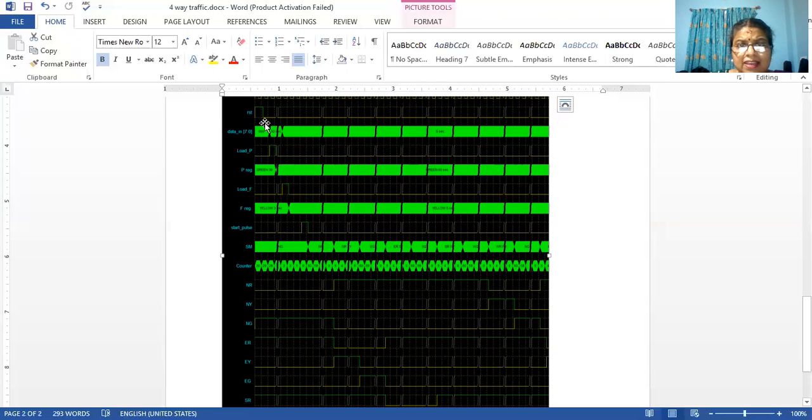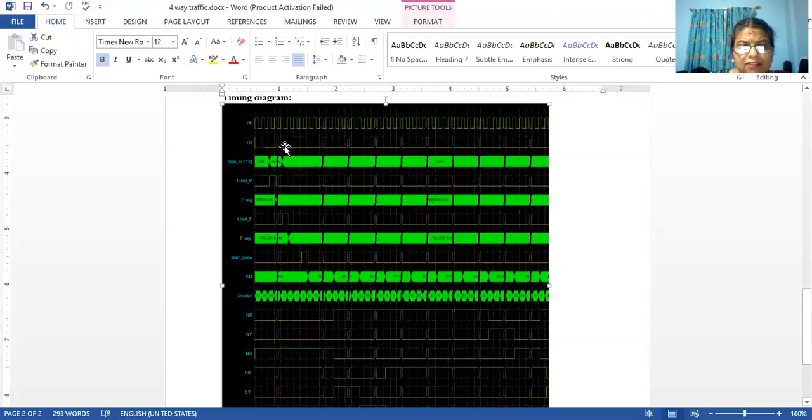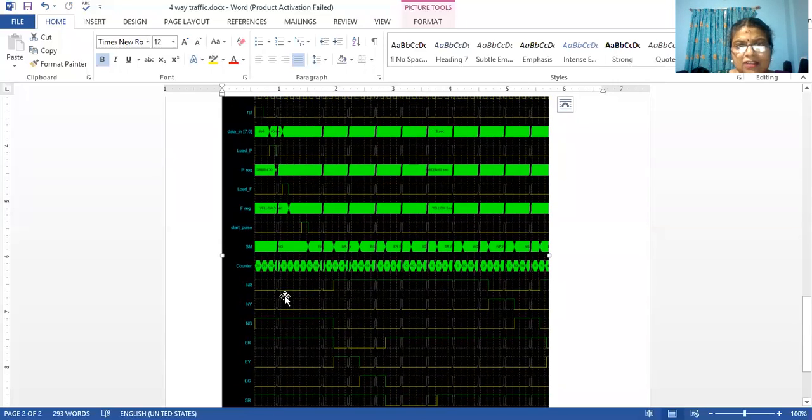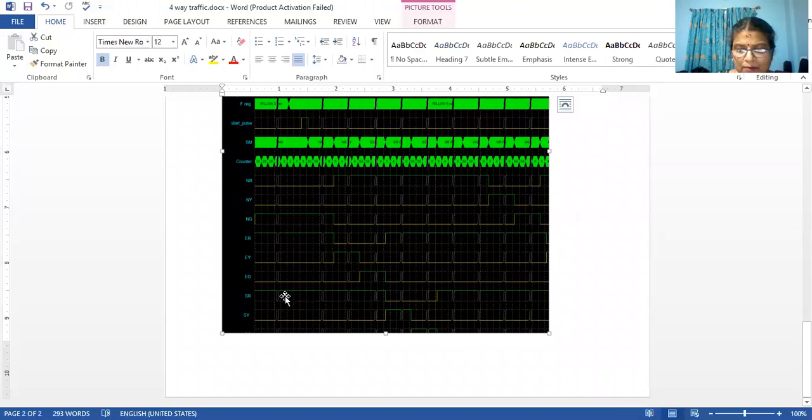Now if you see here on reset, can you see what the value is? My north green is high, correct? On reset, how should it be in a state machine? North green should be high. North green is high, north red is 0, north yellow is 0.